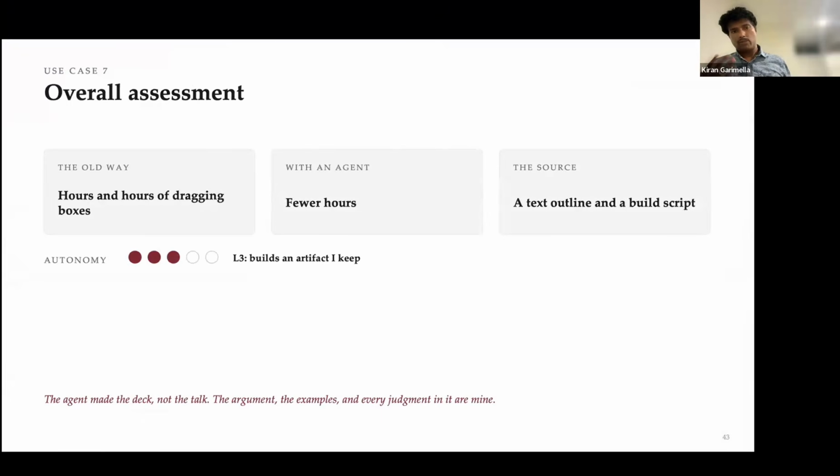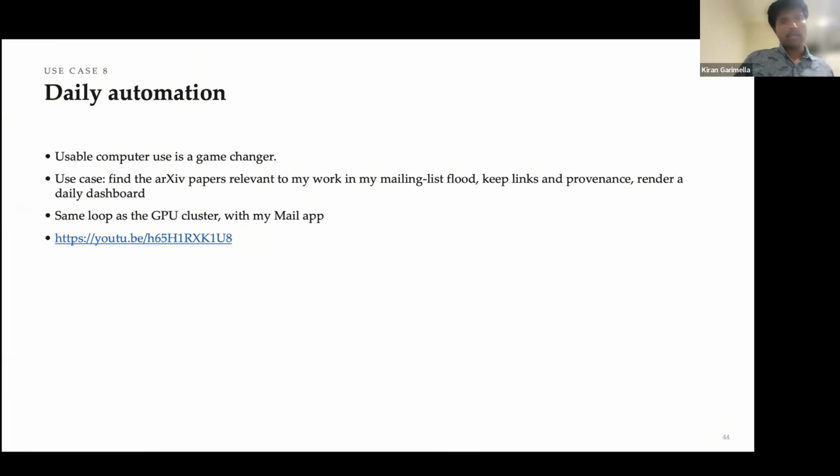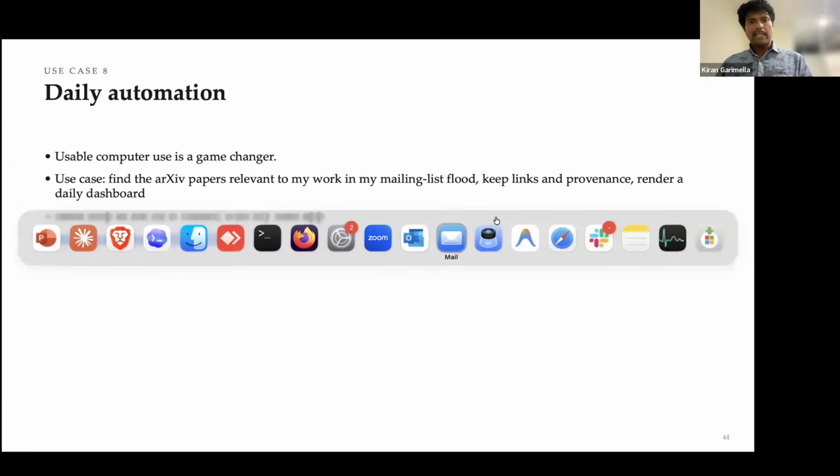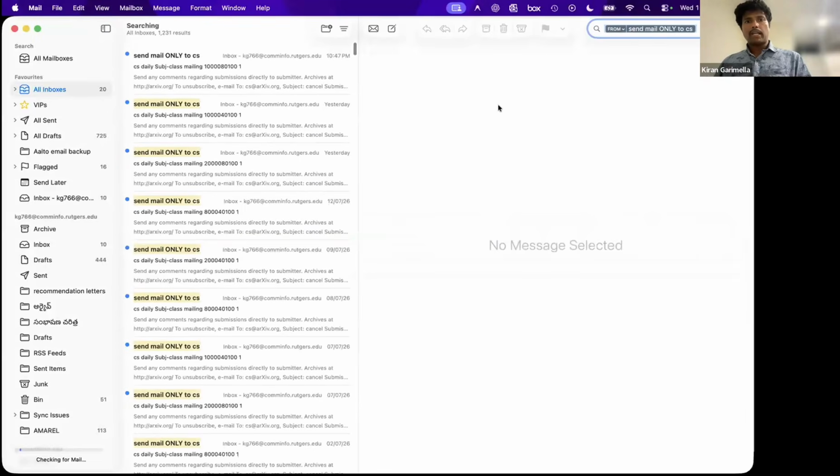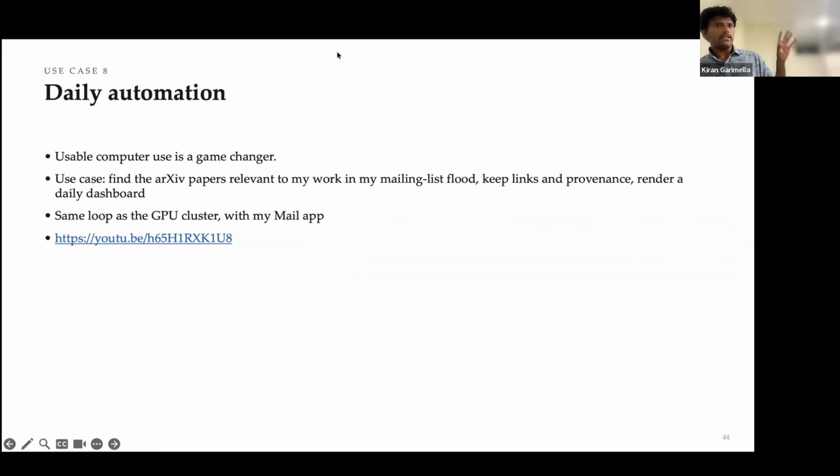So again, this is, I would say, level 3 autonomy, and it really saves a lot of time in designing some of these overall templates. And then the final example I want to give is very nascent at this point, but it'll become more and more useful as people find more use cases. This is one use case for me that is very helpful. I am subscribed to a bunch of mailing lists on this website, arXiv, which is a computer science preprint website,